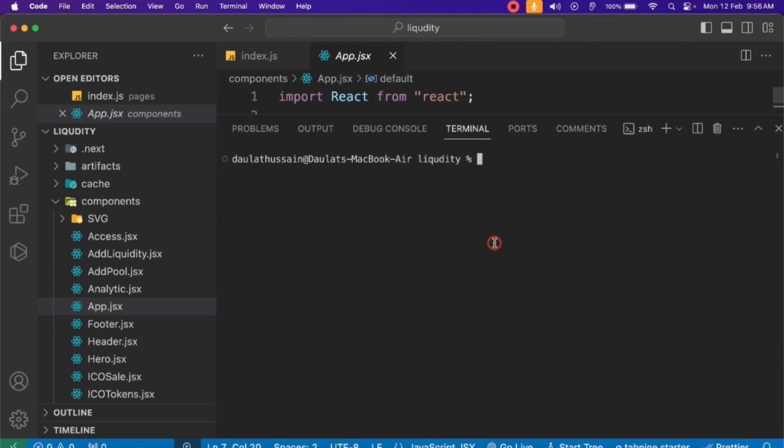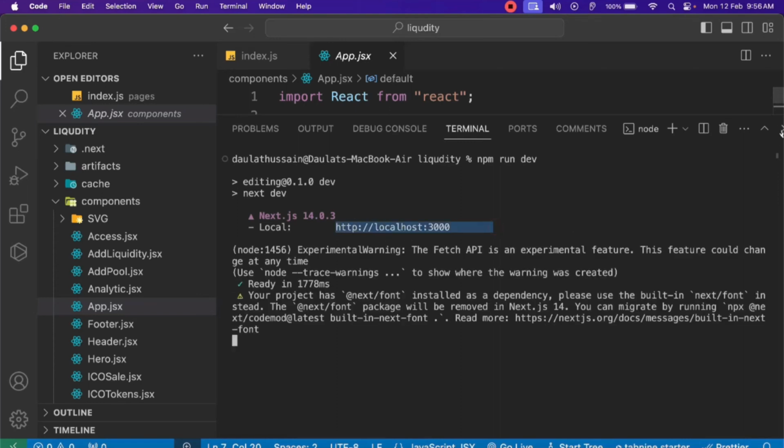So first thing, let's start the application. I'll type npm run dev, and here we have our application running on localhost 3000. Go close this one and open in your new tab and click here. So everything's working fine. Let me pass my credential and hit unlock, and here we are connected with the application. So it's taking a little bit of time. Let me reload the page, and finally we have all of this liquidity we have created previously,